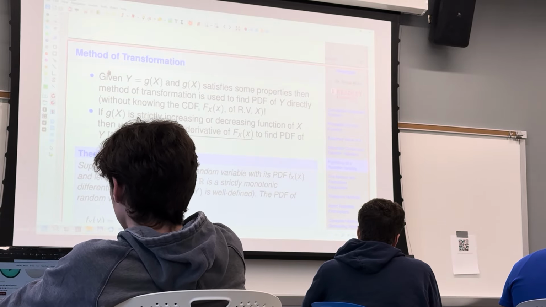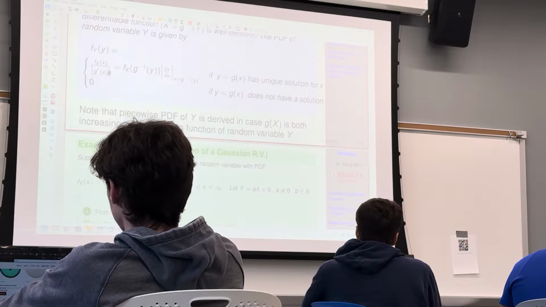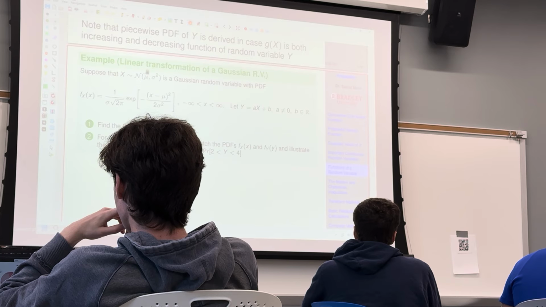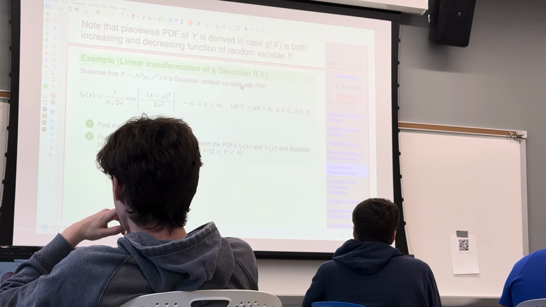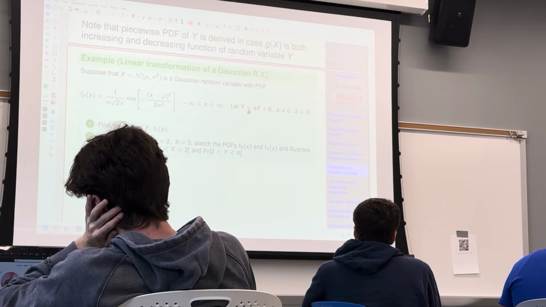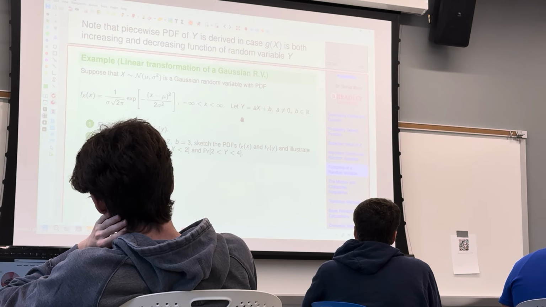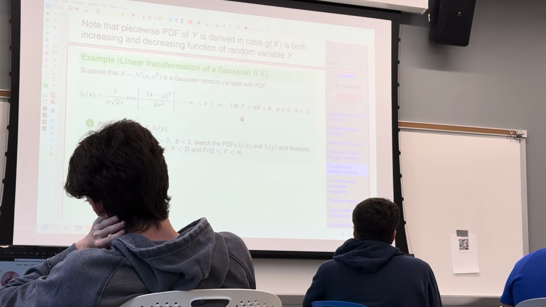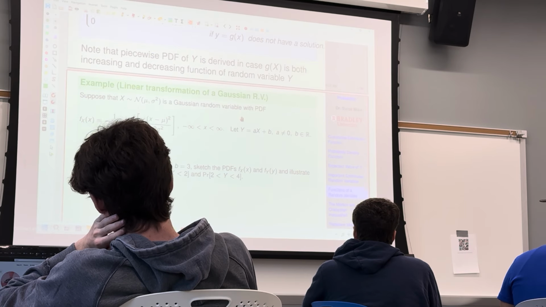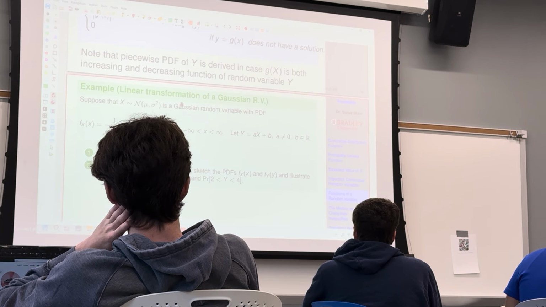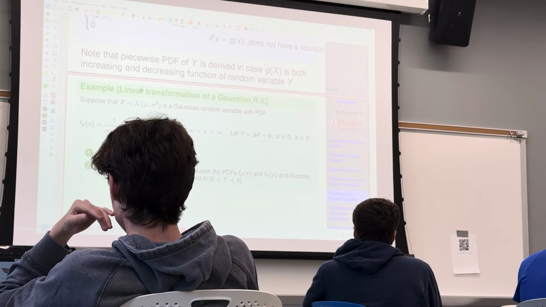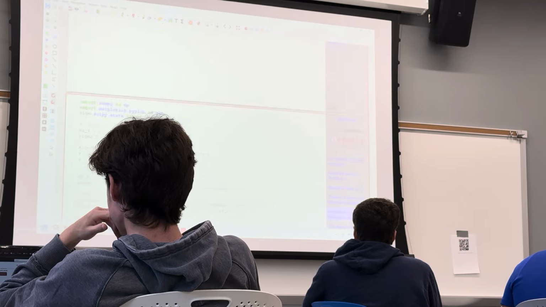Method of transformation. Here, very similar to the previous topic. So we have linear transformation of Gaussian random variable. So we have y equals ax plus b. Again, all related to the Gaussian random variable. So as I said, Gaussian random variable is very important. So we went through the linear transformation, and it's very useful in real life. So this example, you go through this example, and after that,